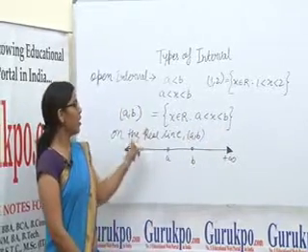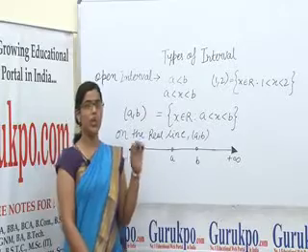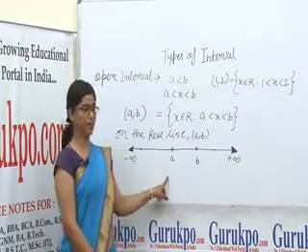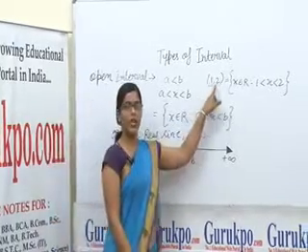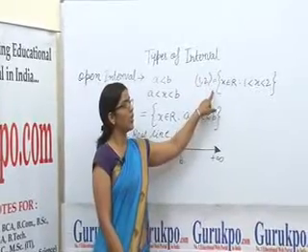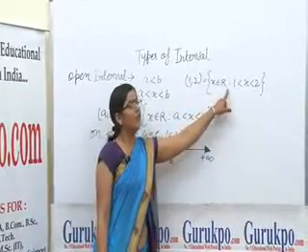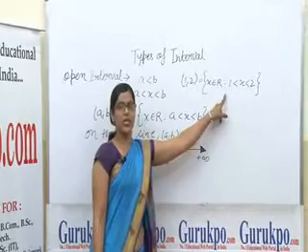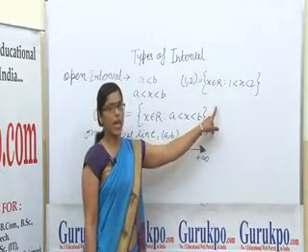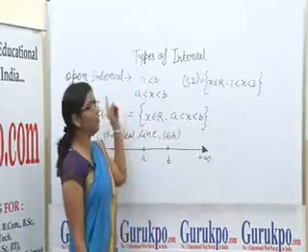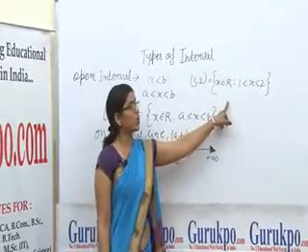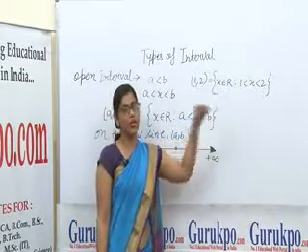The open interval (a, b) on the real line is represented by this way. For example, the open interval (1, 2) = {x ∈ R such that 1 < x < 2} is the set of real numbers in the open interval excluding the endpoints 1 and 2.